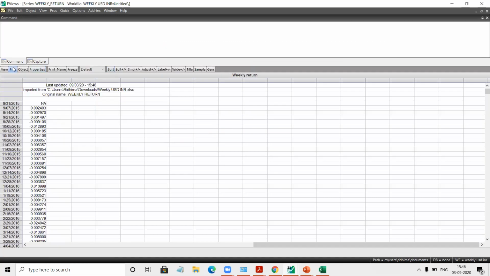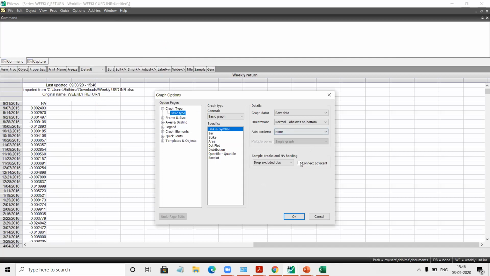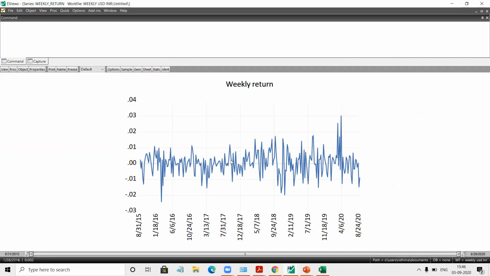and then going to graph. You can see these are the weekly returns, where you can perform some kind of deviation analysis that we will do sometime. You can see that the returns are basically in a range, and we can hence test the stationarity of this data to understand whether or not returns are stationary.